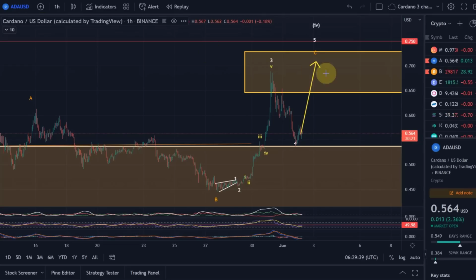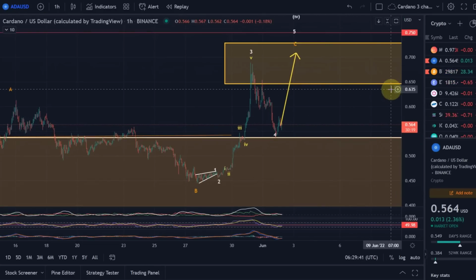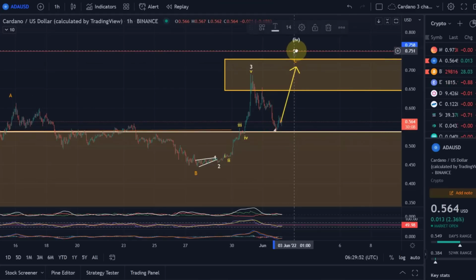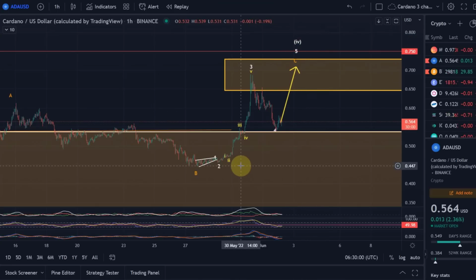So in the last video we discussed two possibilities of the latest wave count here. We talked about the potential that this here to the downside could just be a wave 4, and we still expect a wave 5 to the upside in a wave C here to complete the higher time frame wave 4. I raised my concerns that this wave 4 was very long. A bit too long, still possible, but a bit too long.